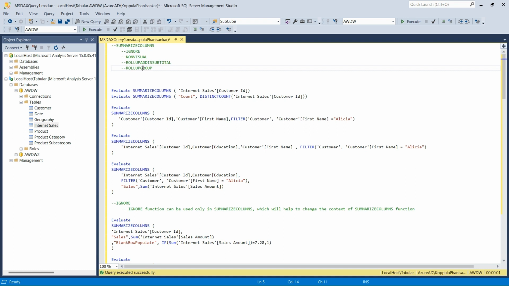In this video, we are going to talk about another important function in the DAX world, which is SUMMARIZECOLUMNS. Basically, SUMMARIZECOLUMNS will help you aggregate the data for specified dimension attributes and specified measures. Along with SUMMARIZECOLUMNS, we're going to talk about the dependent functions, which are IGNORE, NONVISUAL, and ROLLUP,